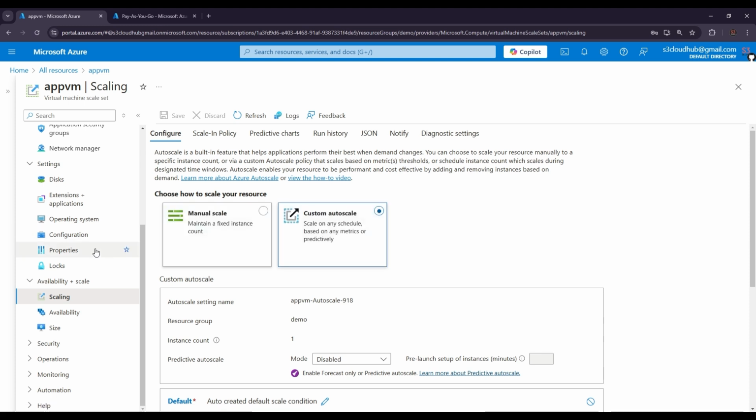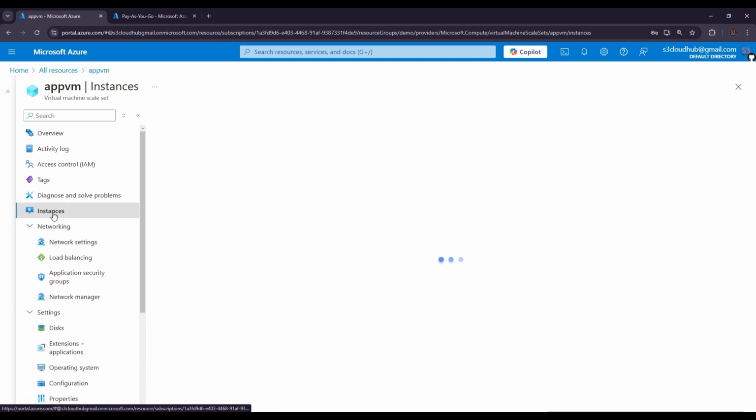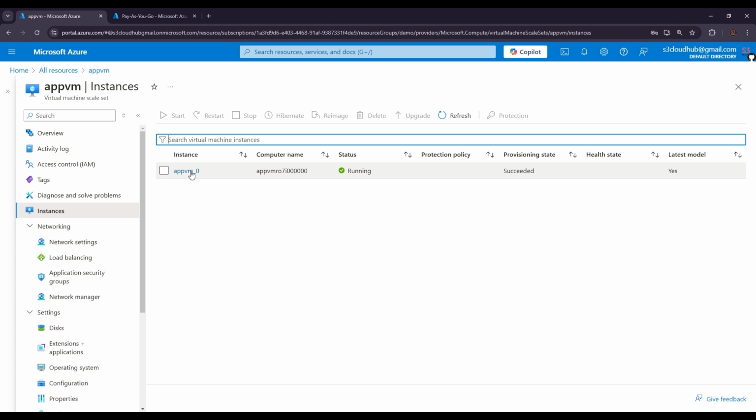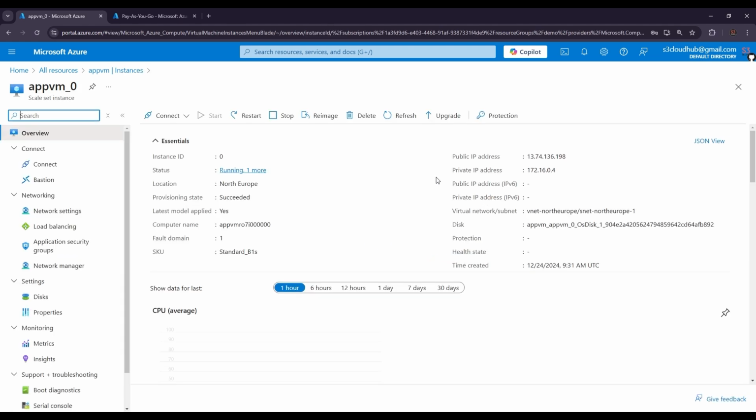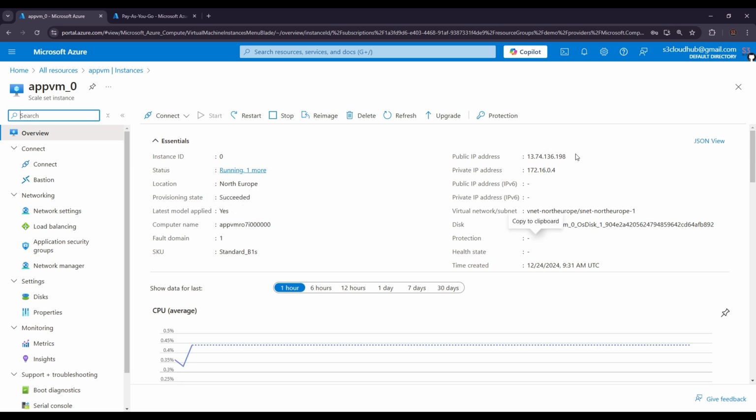So let's move to our instances and open the instance. Now our instance overview page is open. So I will click the public IP address, copy it, and open a CMD